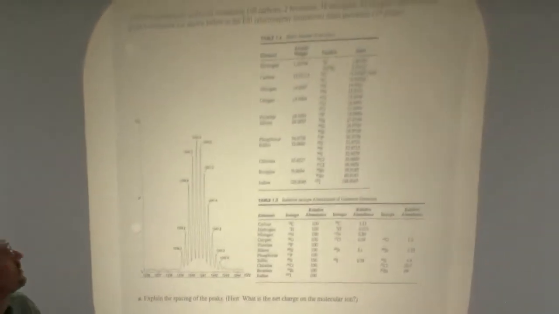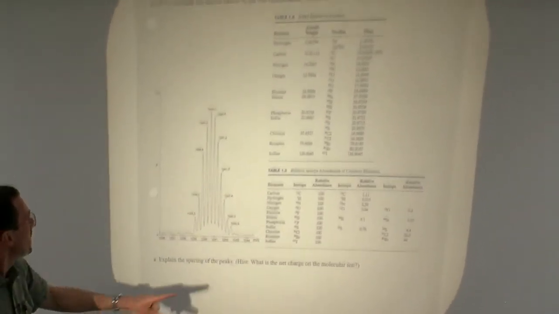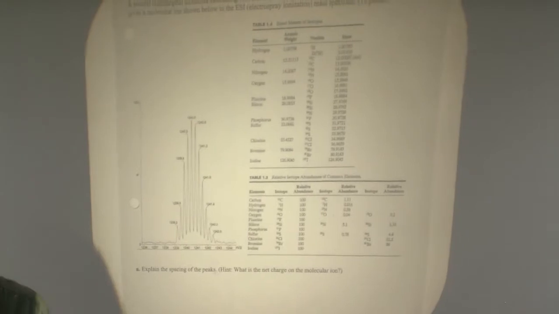This happens to have been a problem from an old midterm exam, and it's a compound that was actually synthesized in my laboratory. It wasn't made to drive Chem 203 students crazy, but rather for a project where we hope to grow crystals of a compound for X-ray crystallography, and it's often advantageous to have bromines in the compound. And so here's a mass spectrum. It's an ESI mass spec